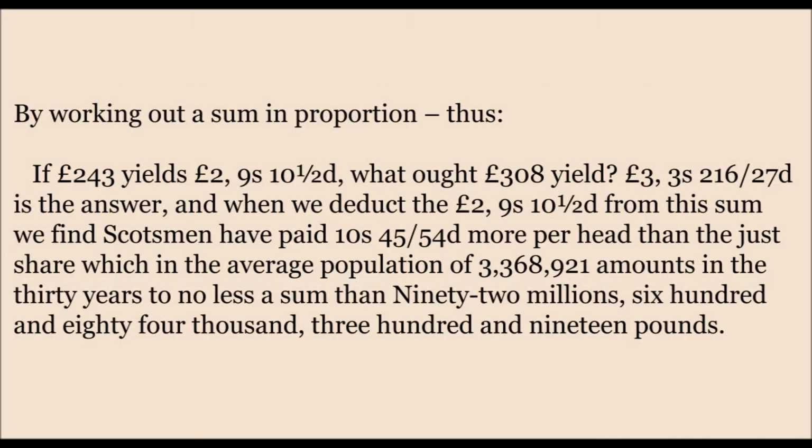By working out a sum in proportion, thus, if £243 yields £2, 9 shillings, 10 and a half pence, what ought £308 yield? £3, 3 shillings, 2 and 16/27 of a pence is the answer, and when we deduct the £2, 9 shillings, 10 and a half pence from this sum, we find Scotsmen have paid 10 shillings, 4 and 5/54 of a pence more per head than the just share,